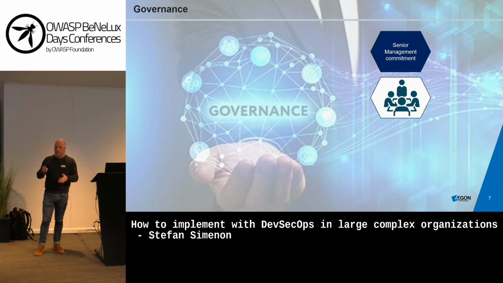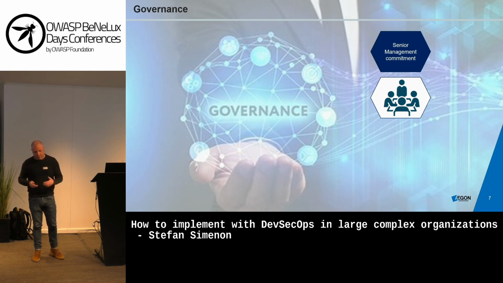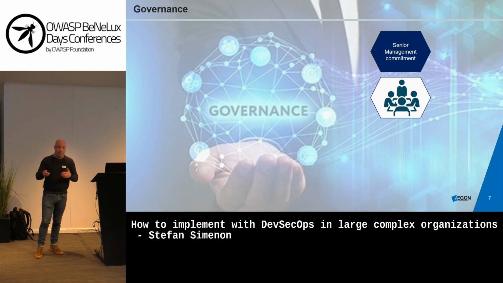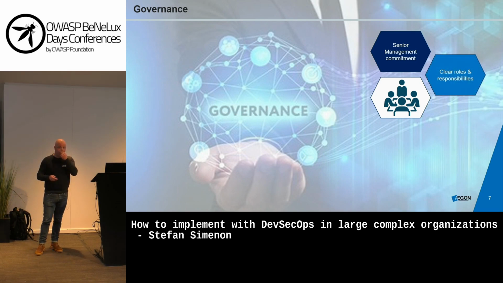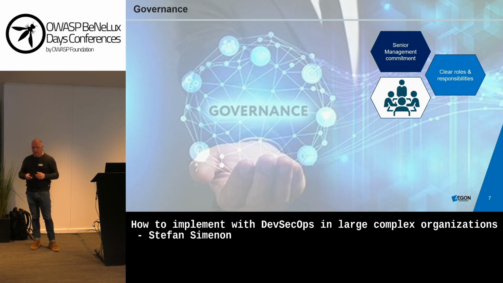So make sure that your CEO and CTO support the program. There is budget needed for the program. There is risk assessment. There is risk acceptance and mitigation needed for certain things. Things cost money. They have business priorities. Choices need to be made. And it's very important that senior management supports the program and is involved at the right moment in all kinds of decision making. And the second piece is clear roles and responsibilities.